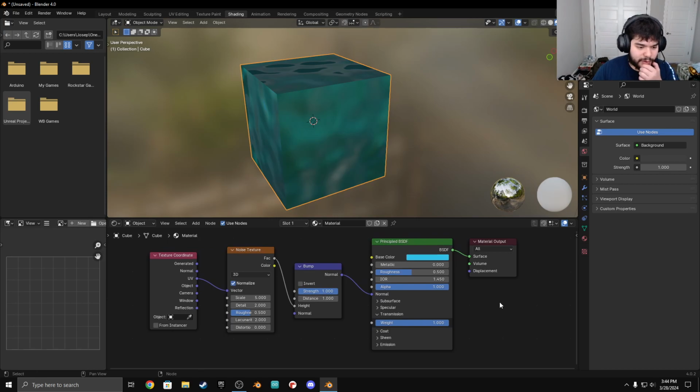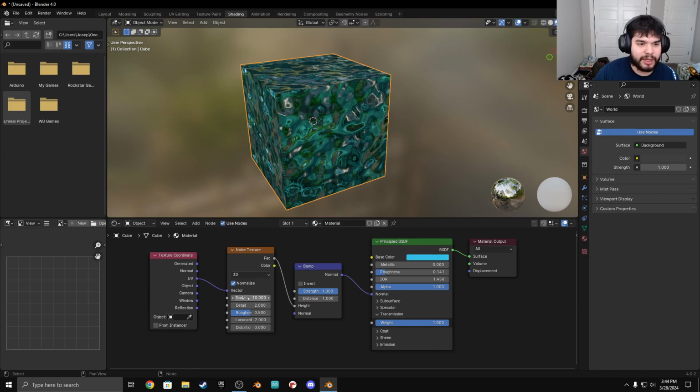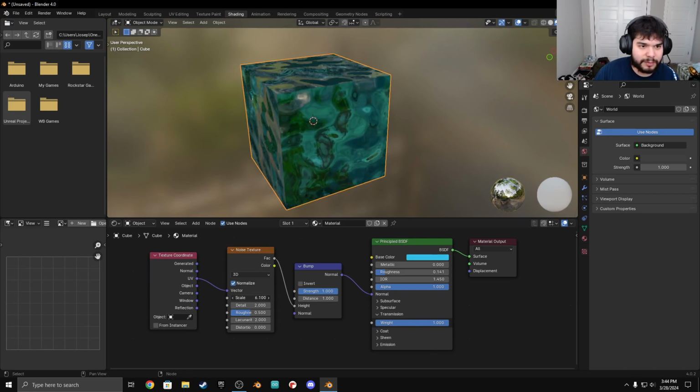You may want to pause the video to copy it, but I'm going to do some more changes. If you want to wait, roughness, let's do point something. I'll put 0.41. Okay, you can do whatever you want. So scale, I remember he scaled it up to 10, but honestly, I feel like a lower value is better,